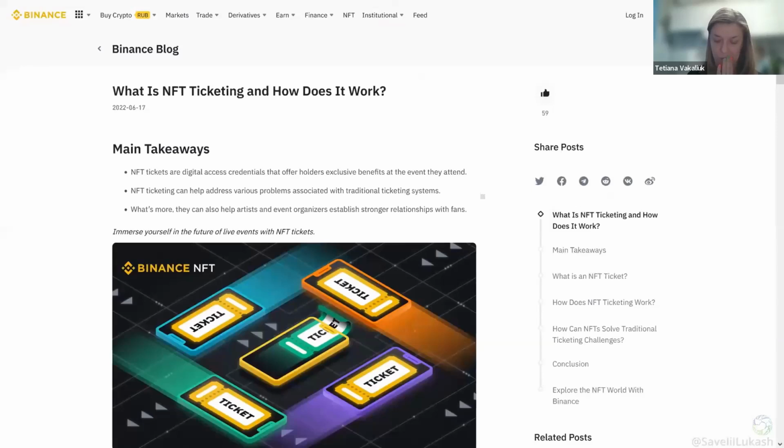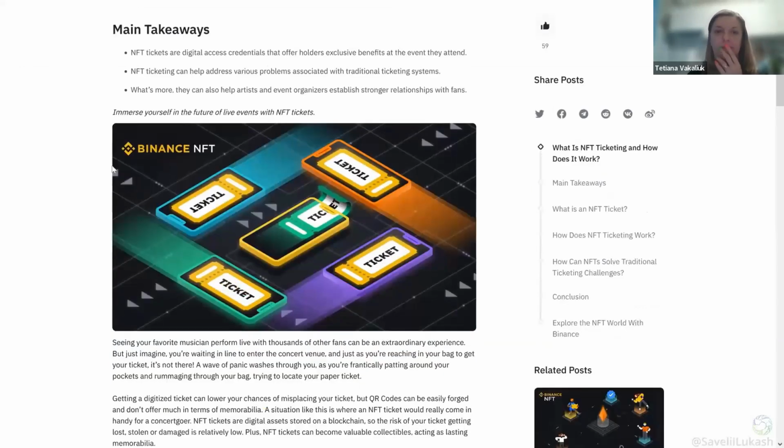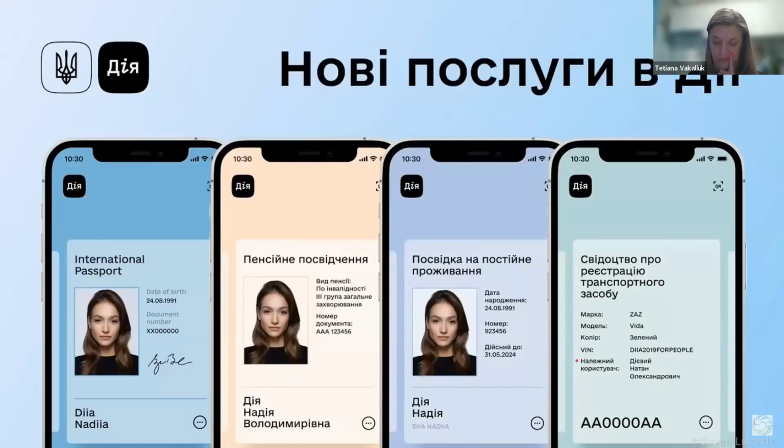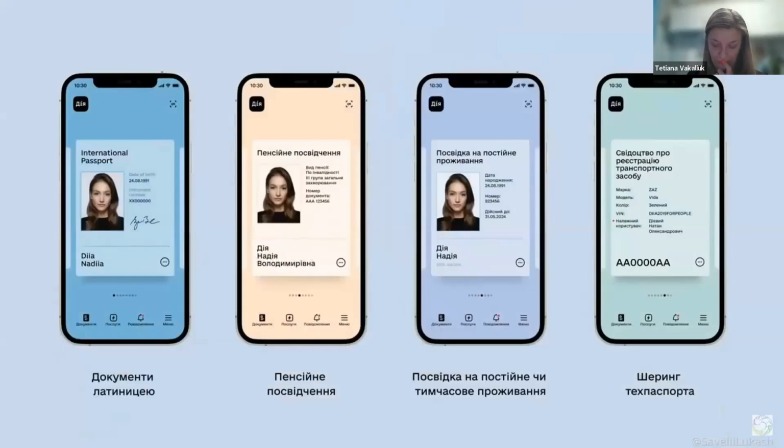It's already used for some non-governmental documents like course certificates, tickets, and so on. But application on a more global scale is yet to see light. Ukraine is the first country in the world to implement electronic passports, so it's for sure early to discuss a Web3 implementation for something that is yet to come to the majority of the world.